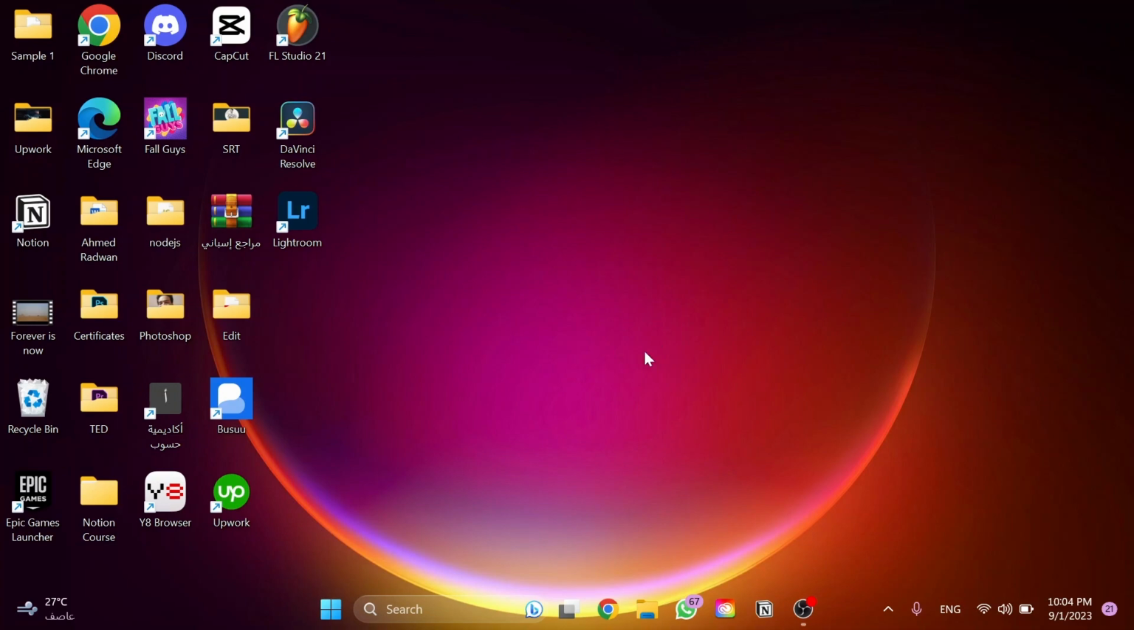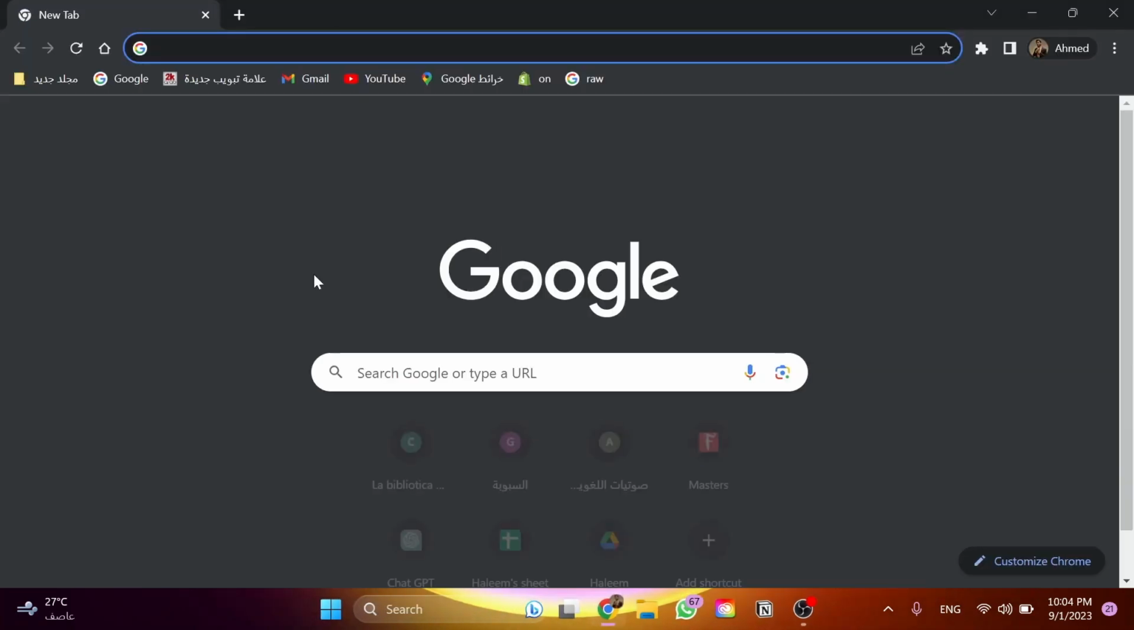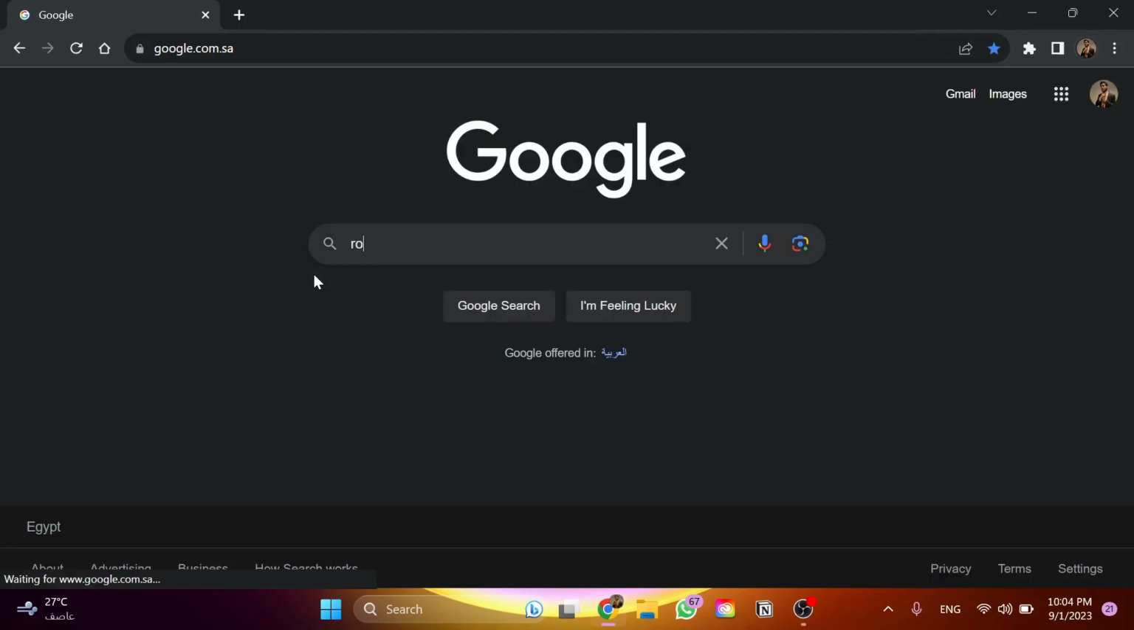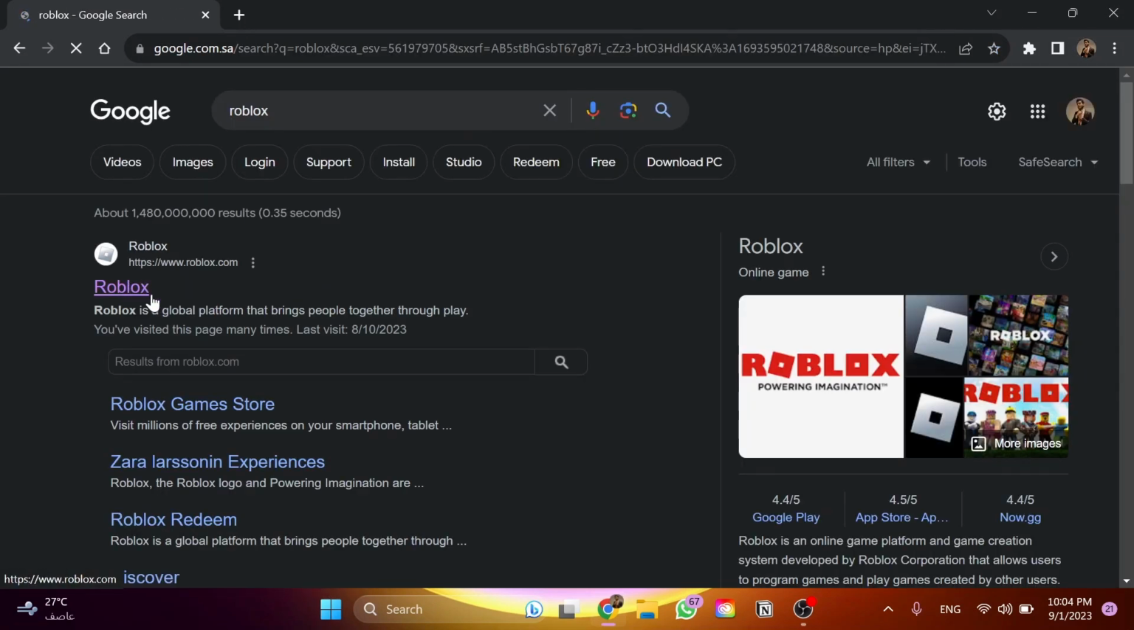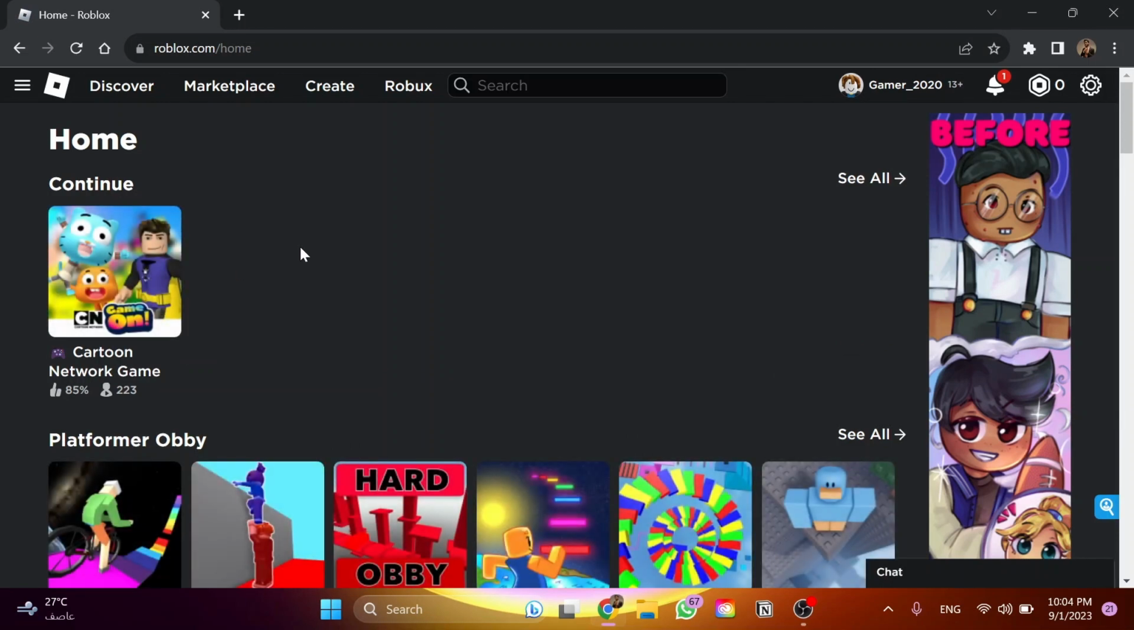So the first thing here, we need to go to the browser to open the Roblox website. So here we go to Google and then search for Roblox. And here open this website, www.roblox.com. Open this one, and then once you're here, we need to click on the Windows button, this one,